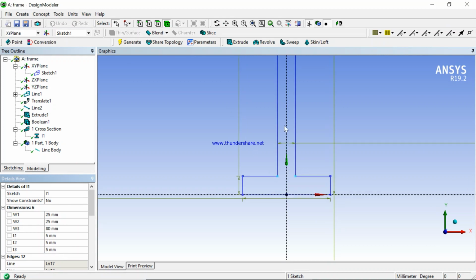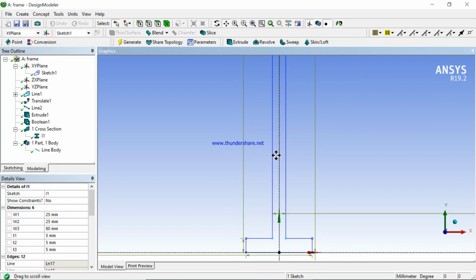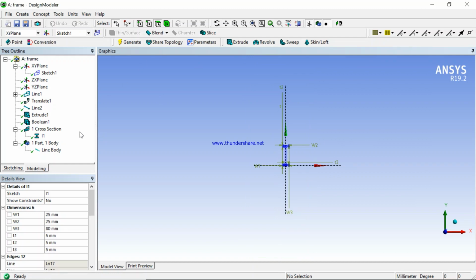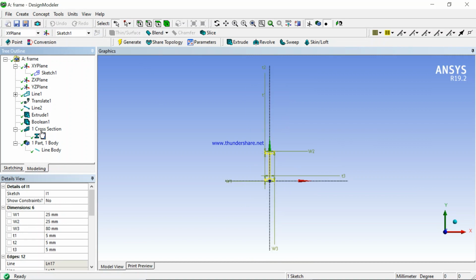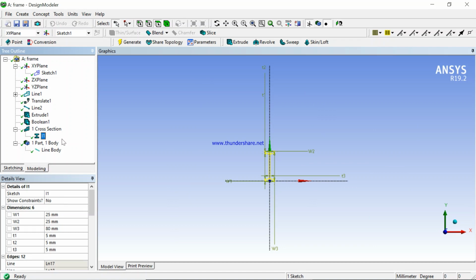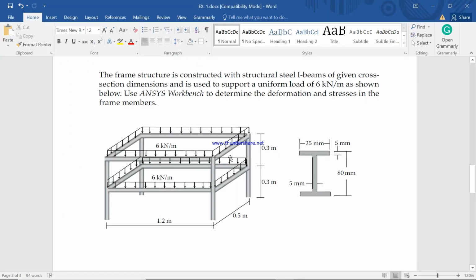Okay, so you can see our I section. Maybe it is longer, but you can fit it. That's our I section there. Then we can generate this. So now to put this I section, you can see when I click here, the I section is there in the cross sections. So when you have many cross sections, you can add another cross section. Maybe it is a rectangular section, depending on what you're drawing. So in this case, our question says everything is an I section. So we are going to